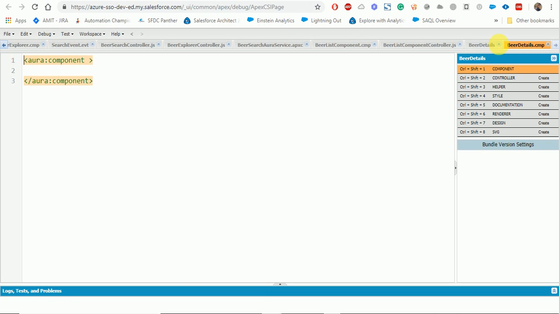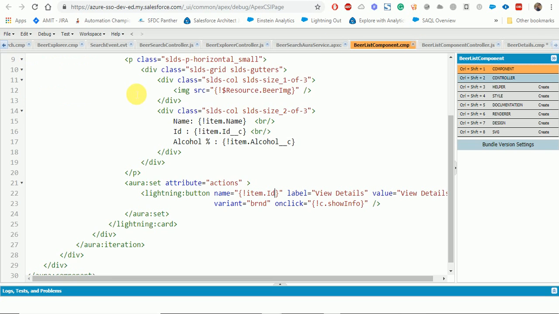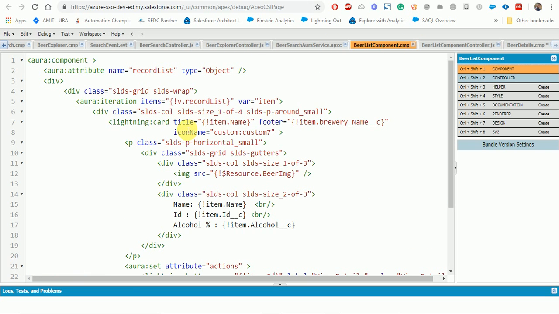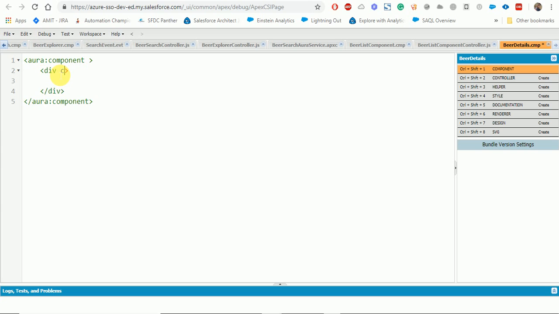And inside beer details, we will be showing all the details of the beer. So first what we'll do, we'll just put some padding on the top, and then we'll create an attribute that we will name as beer ID.